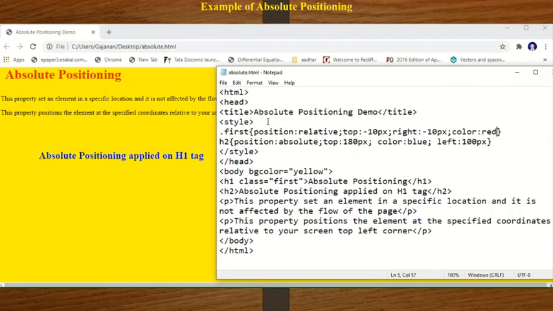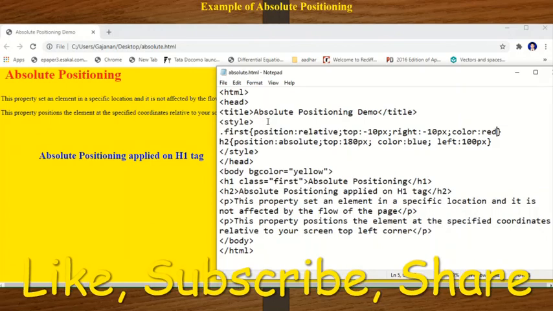I have to tell you about absolute positioning: the positioned element has no positioned ancestor. Listen, when we study absolute positioning, the ancestor means the parent class. If the parent is not there, then what happens? The text is displayed according to the document body, and moves along with the web page scrolling.